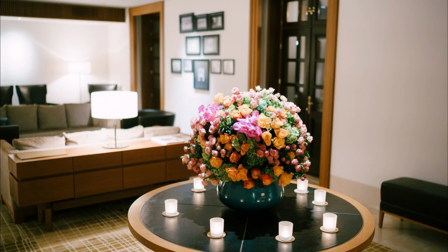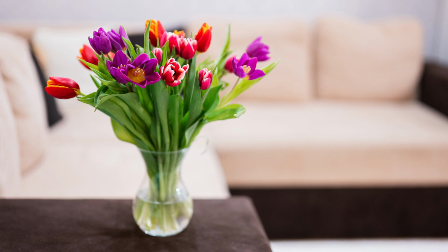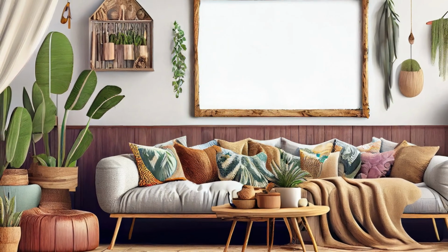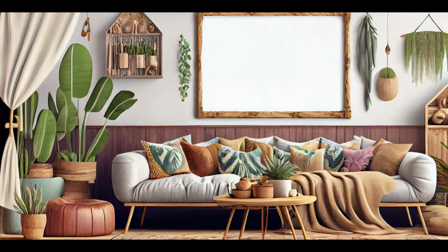Opt for high-quality silk plants that defy the faux pas of fakeness. Think succulents on shelves or a majestic monstera by your workspace. Dried bouquets bring a rustic elegance, perfect for table centerpieces or accenting your mantle. I recommend a vase of dried lavender, as it not only looks gorgeous, but fills the room with a calming fragrance. These botanical buddies offer all the aesthetic benefits without the commitment, making it easy to infuse life and color